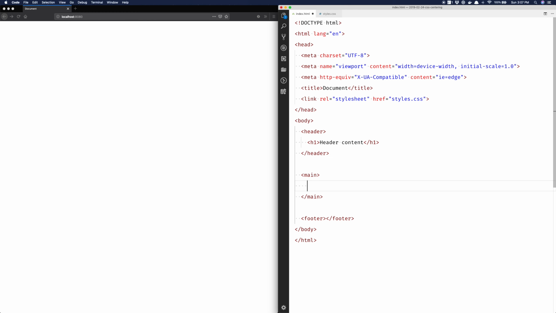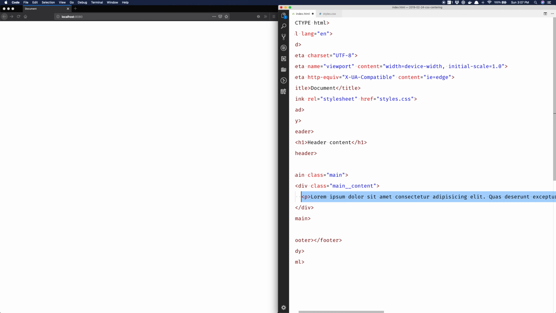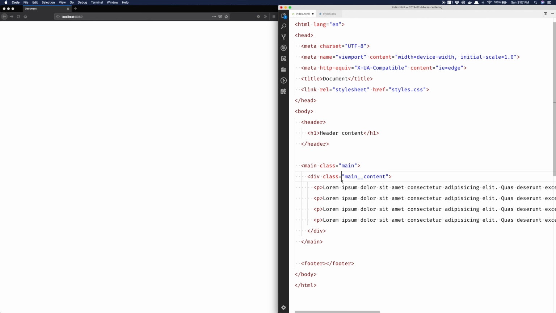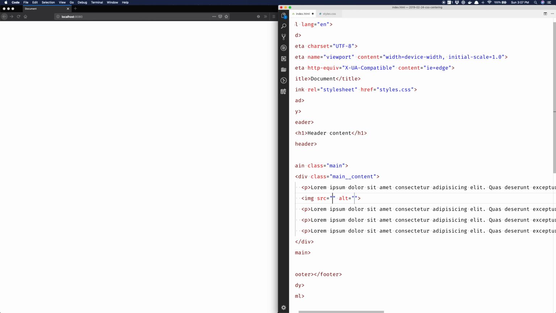In our main content, let's add a class here, class main, and we're going to have our main content. Let's add some paragraphs in here. Let's also add one image in here as well, and we'll just do placehold.it